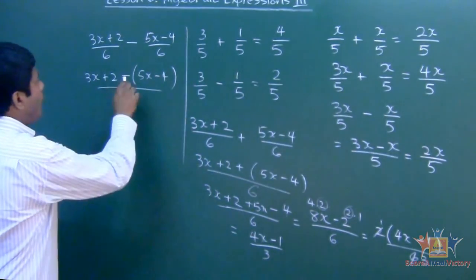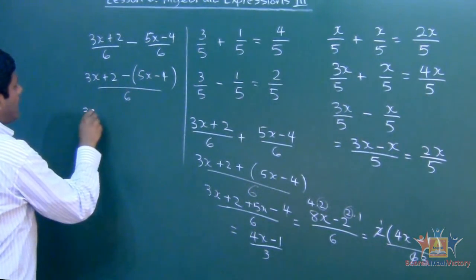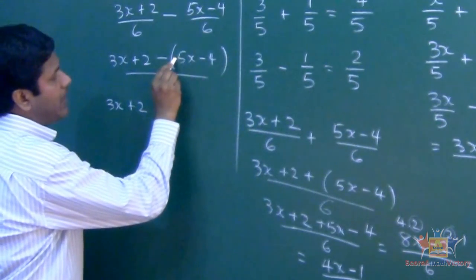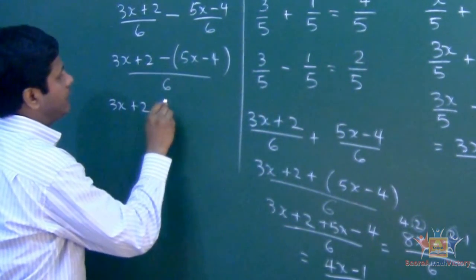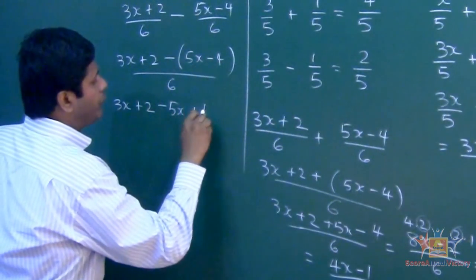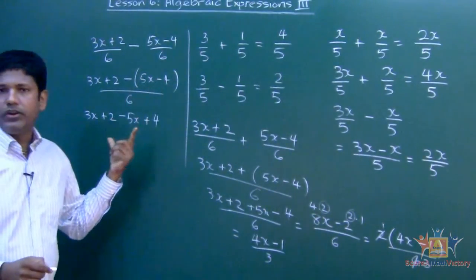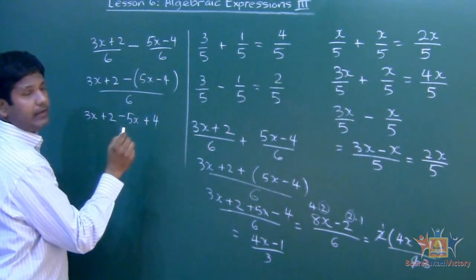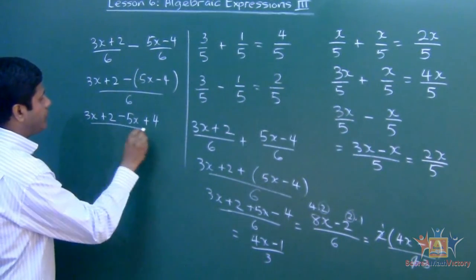So now open the bracket, okay? So you got 3x plus 2, very important, okay? So you got the negative here. Now this is positive, so negative and positive, negative 5x, negative and negative, positive, and then put 4. See that? Very important, okay? Especially when you have a minus, make sure you put the bracket and then open the bracket, distribute the negative, all right,